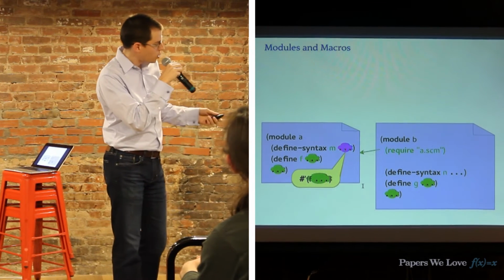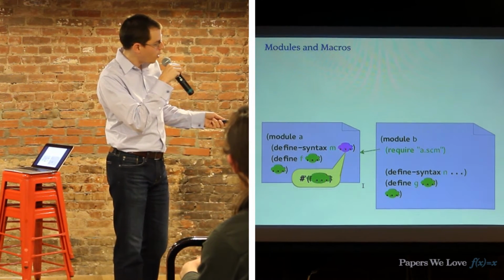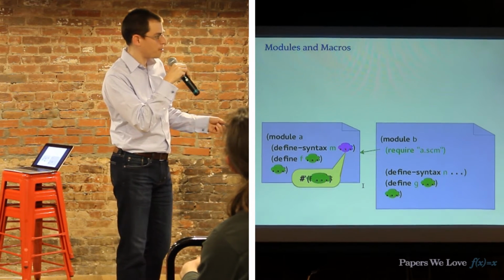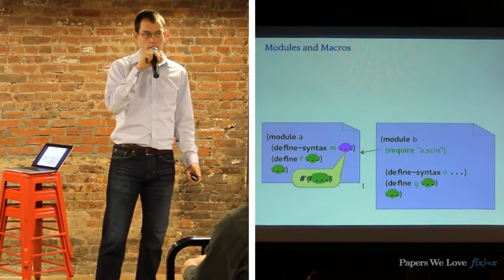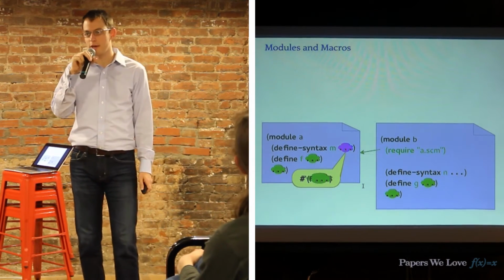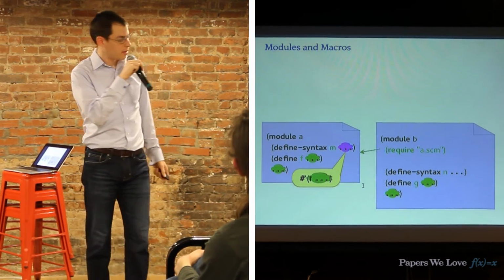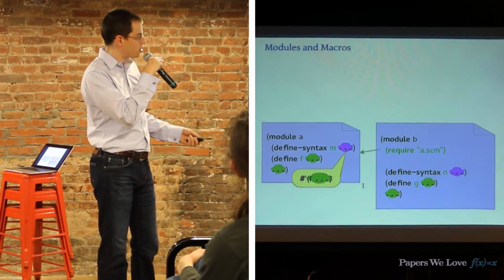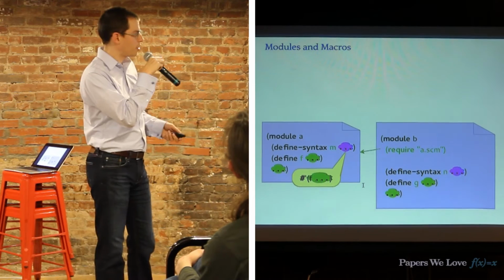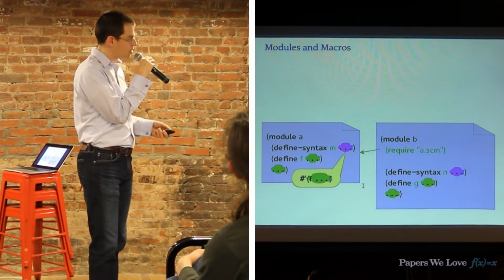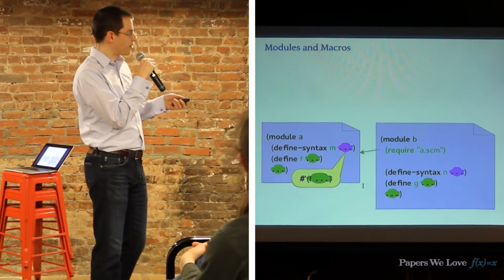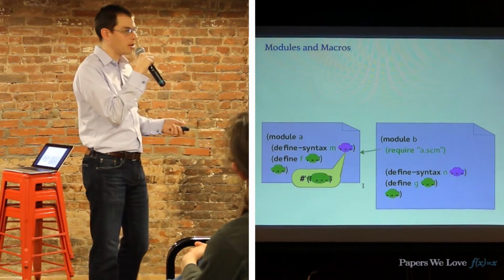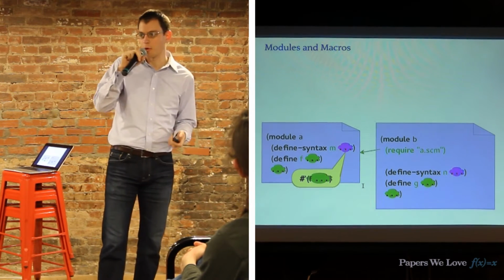So it's also important to note that this require statement is in green. So this is a runtime require. So we're going to be able to use the things that A defines at runtime. And again, we can distinguish green from purple in B as well. And these are the same green and purple that they are in A, because the runtime of A and the runtime of B are both going to be the real runtime of our program.